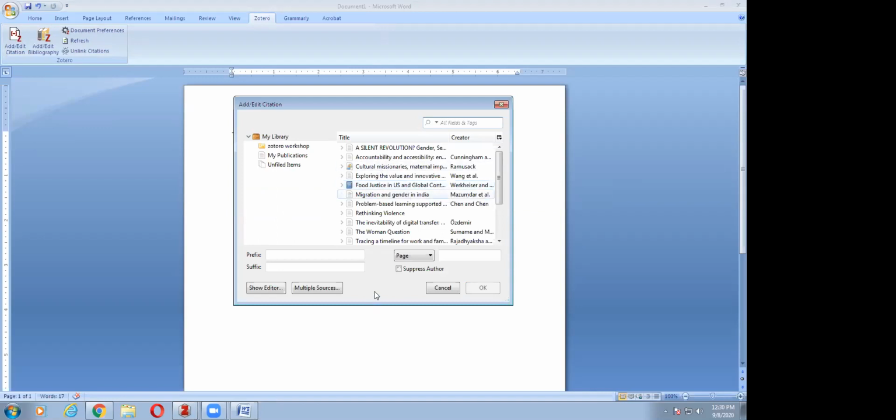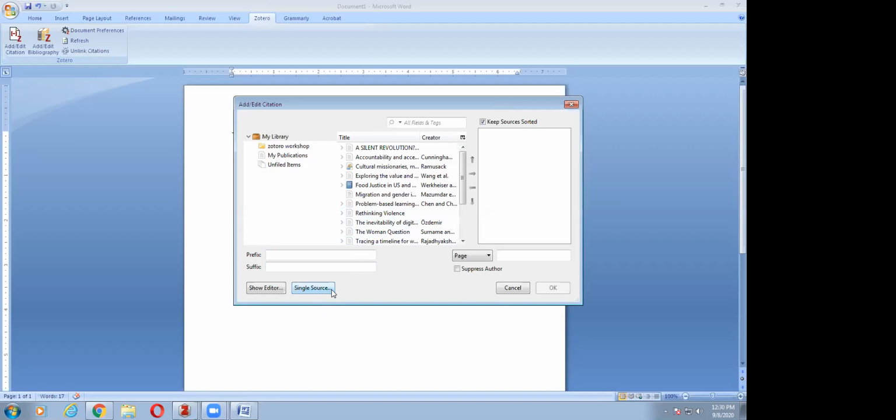It also allows you to cite more than one article in your MS Word. Suppose I want to cite two articles simultaneously, so I click on multiple sources. The moment I click on multiple sources, on the right side you have an additional window. If I select this article and click on this right arrow, it will be copied to the right window.